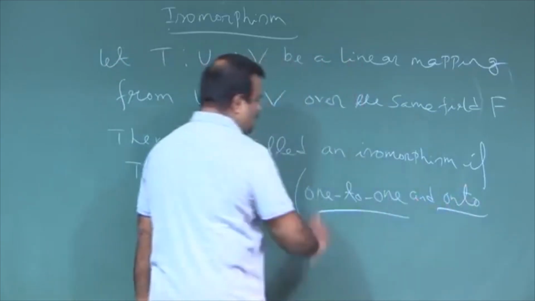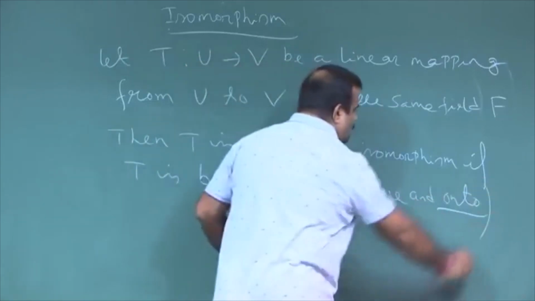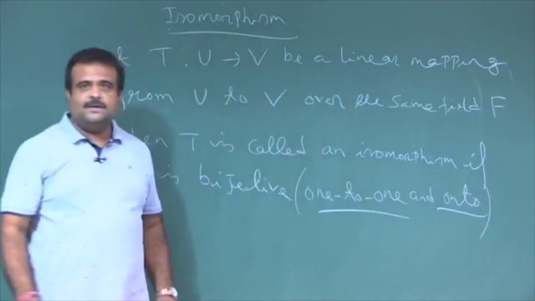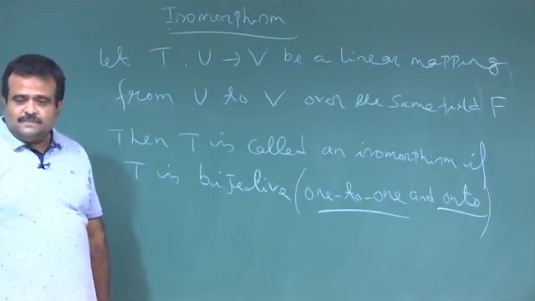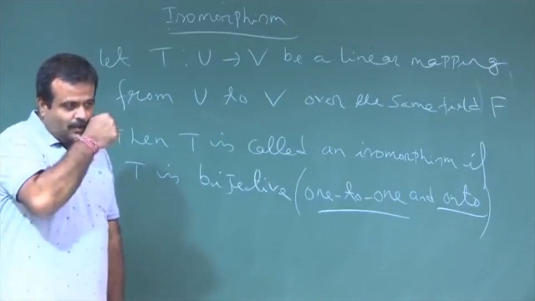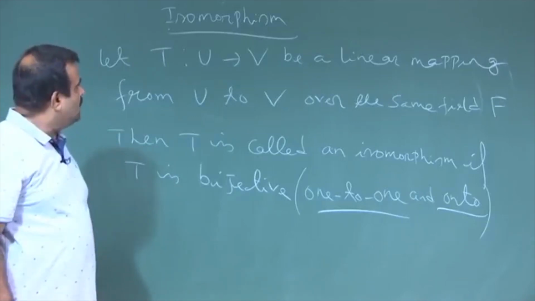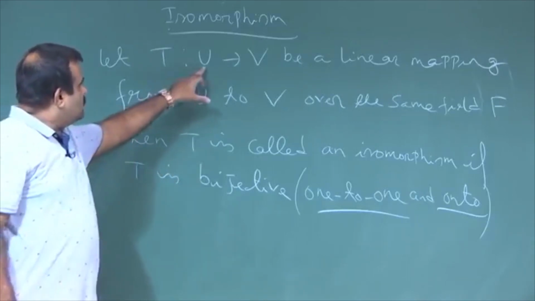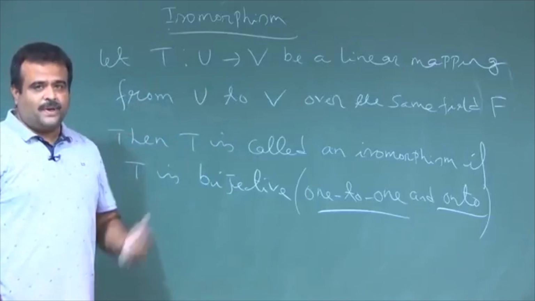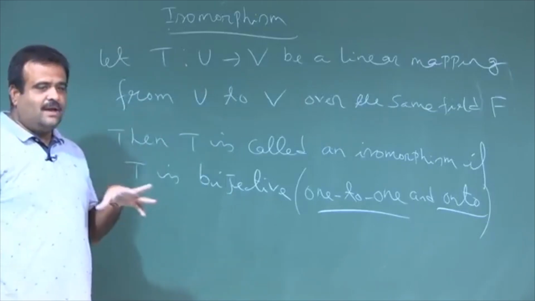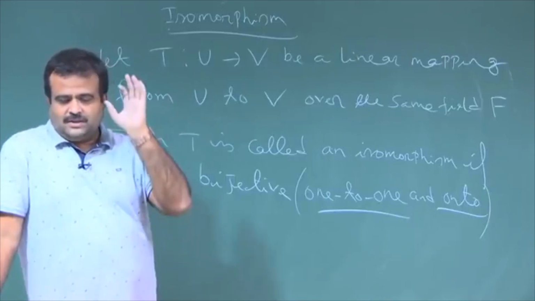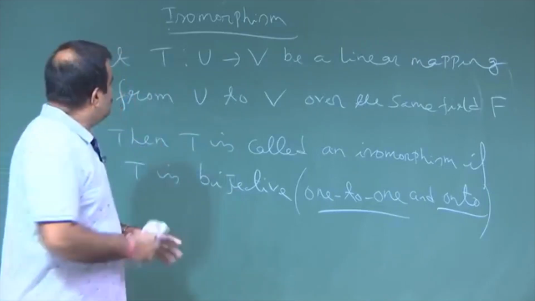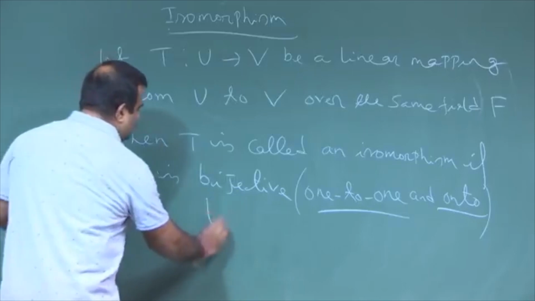If both one-to-one and onto, then we call the mapping a bijective mapping. So, if T is bijective, then we call T an isomorphism, and then these two vector spaces are isomorphic. If there exists a bijective linear transformation from U to V, then we call the vector spaces isomorphic, and it is denoted by